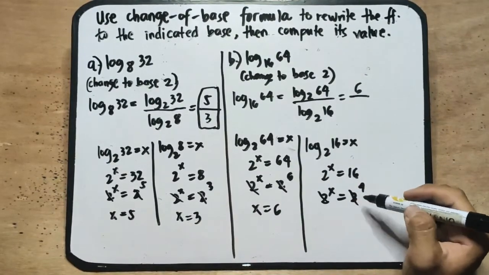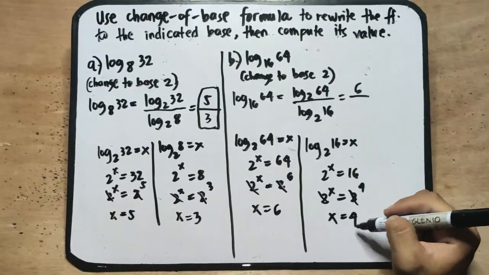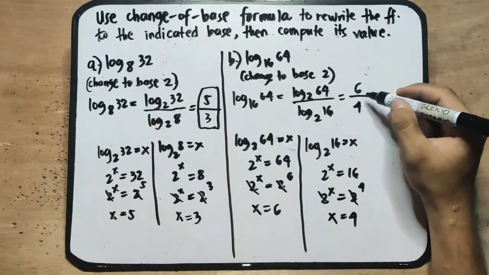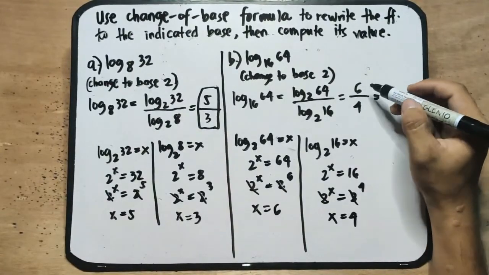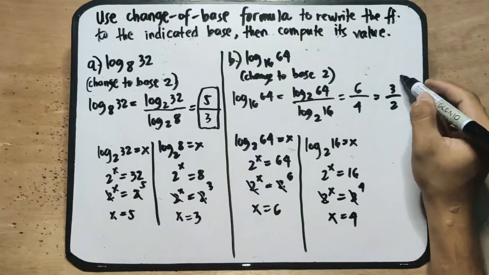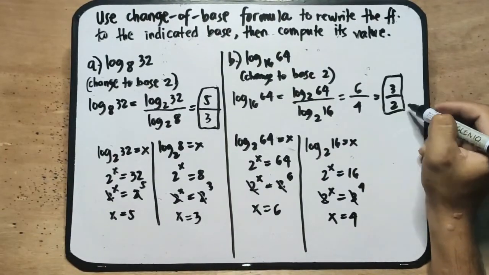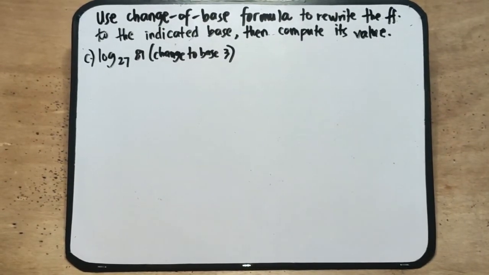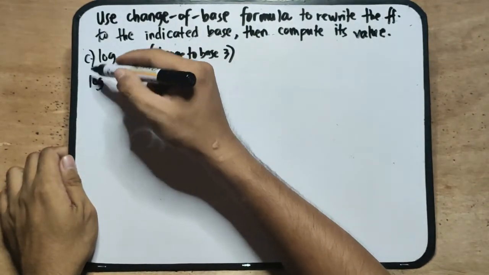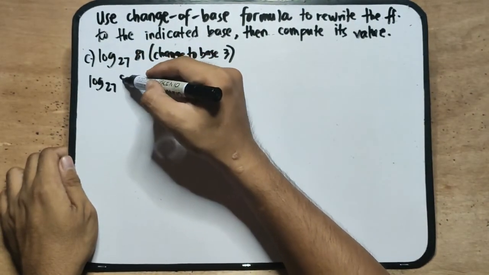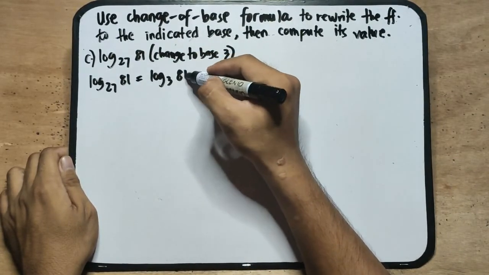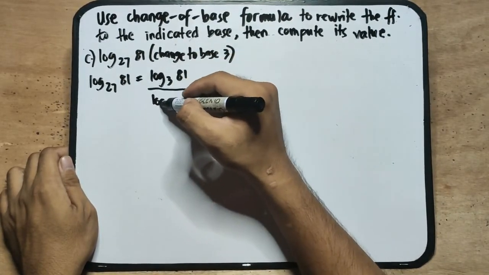Same base, we disregard the base, we bring down the exponent. So we have 4 for the denominator. Since pwede pa siyang simplify, both divisible by 2, our answer will be 3 all over 2. So here is our answer for item B. For item C, we have log base 27 of 81 changed to base 3. So meaning log base 27 of 81 can be written as log base 3 of 81 all over log base